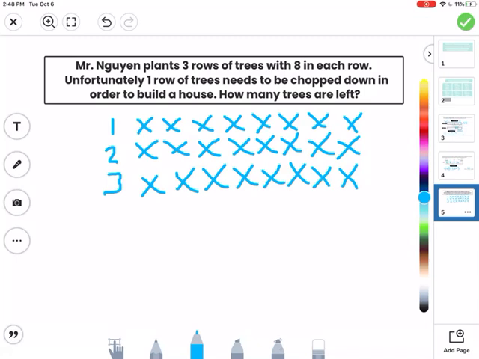Unfortunately, 1 row of trees needs to be chopped down in order to build a house. How many trees are left? So for this one, you guys could do this, where you just chop down an entire row. You just cross out an entire row and just use what you have here,